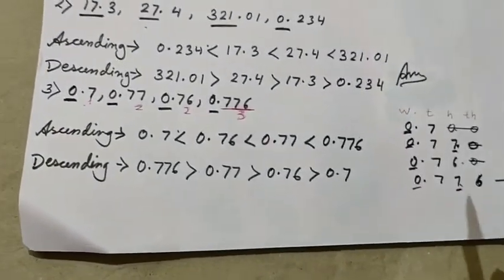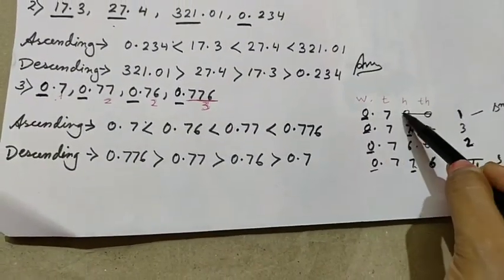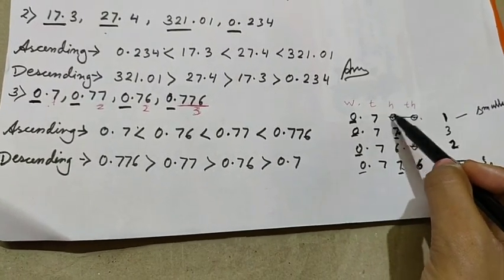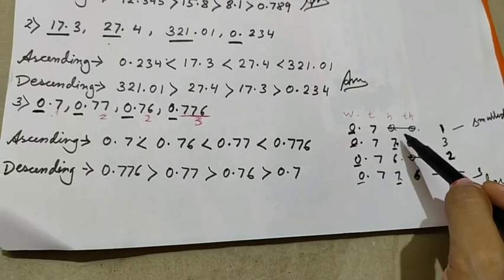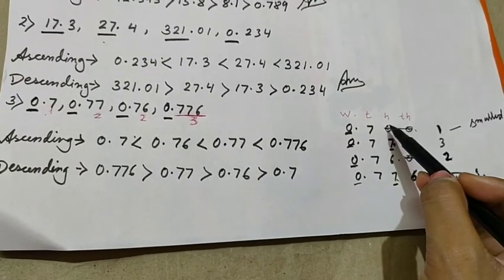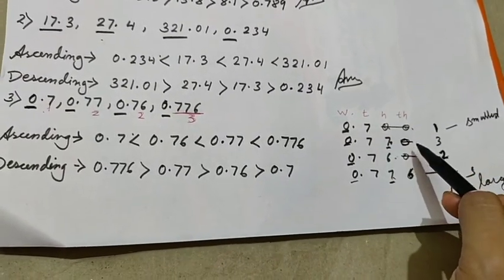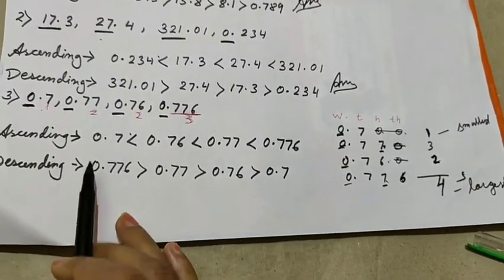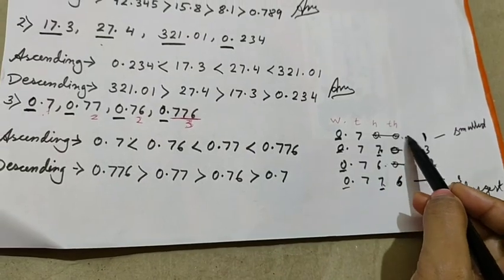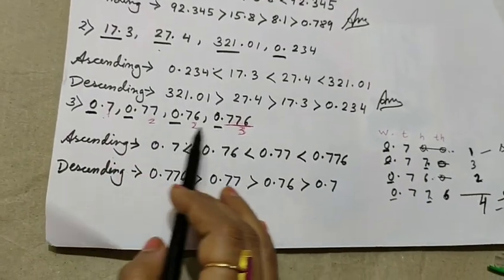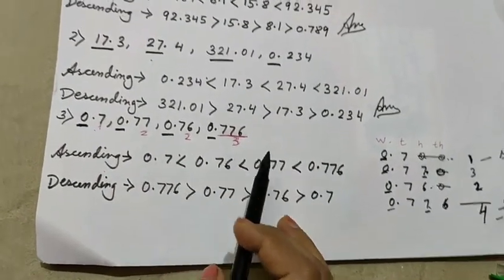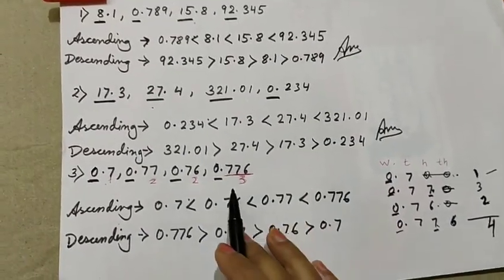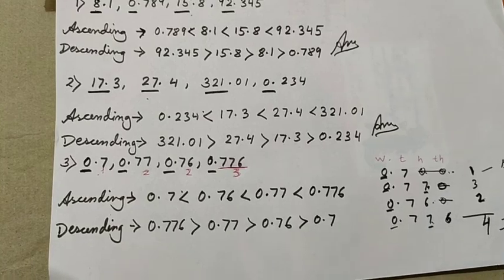Okay, so what we understood, we will not write these zeros here. We converted these unlike decimals to like decimals to compare them easily, isn't it? But we will not write these zeros in ascending order and descending order. We will write as in the question. Okay, clear? So in this way we have to arrange the numbers in ascending order and in descending order.